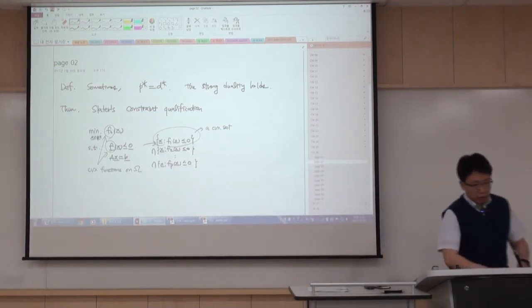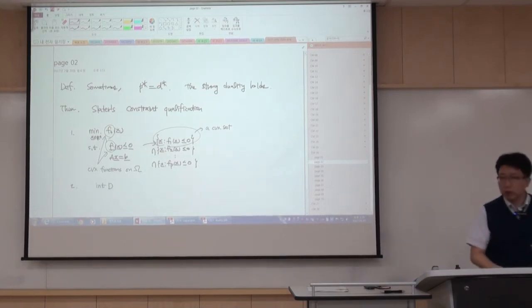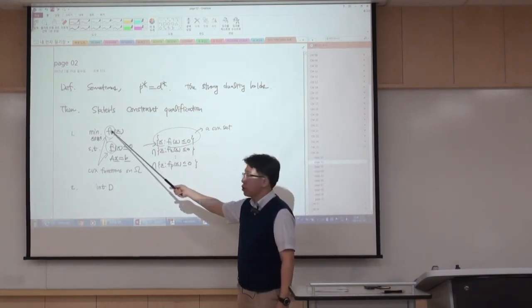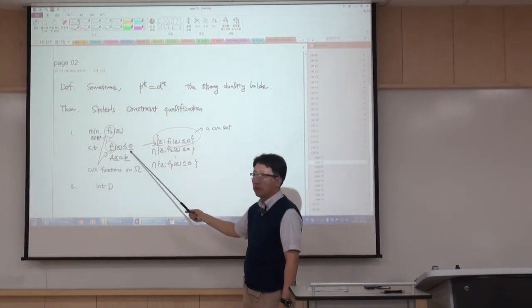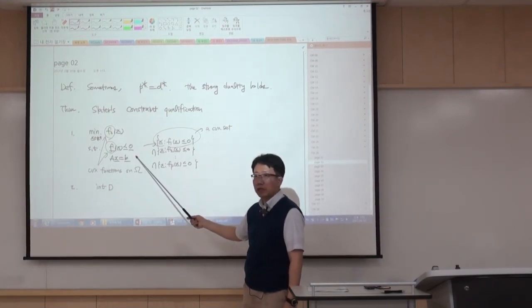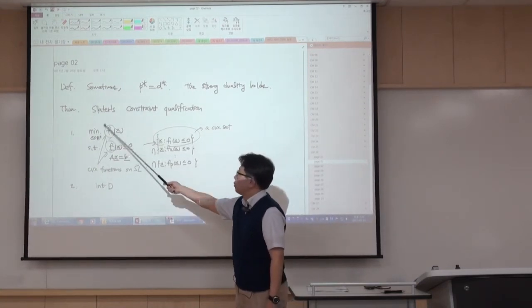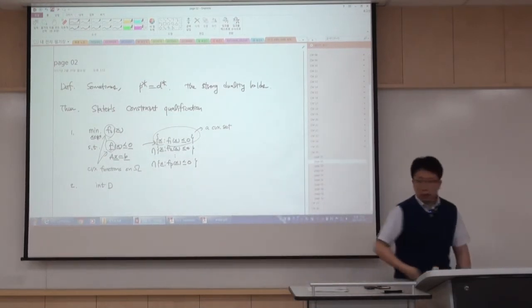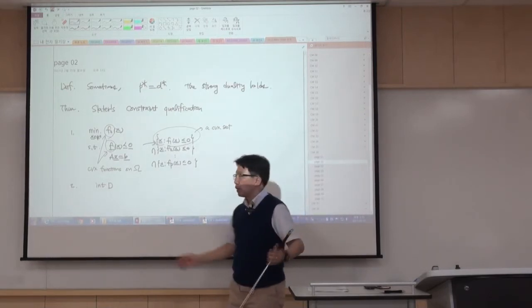Anyway, Slater's constraint qualification requires first convexity, second the interior of D. By the way, what is D? D is the domain of this objective function and the inequality constraint function. By the way, what is the domain of this one? Any x in Rn, right? So this D is the intersection of the domain of f0 and the domain of f underscore. Here, int means the interior of this. So you remove the boundary. And then